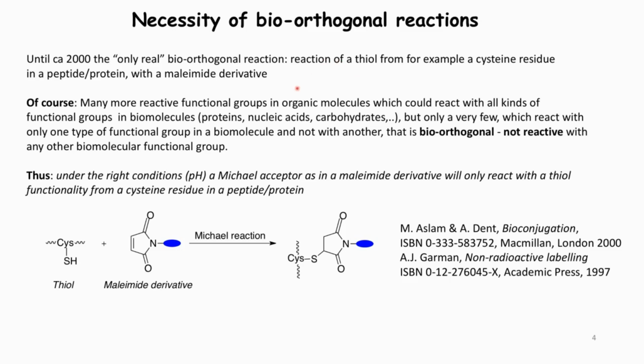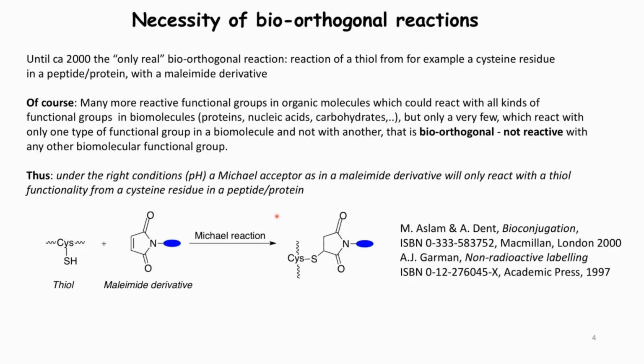And that's understandable because there are not that many cysteines in a peptide or protein, so you will have the possibility of a selective reaction if you expose your peptide or protein to maleimide derivatives, and there are many of them. And so under the right conditions, that means pH, this cysteine thiol will react with the maleimide. If the pH is too high, then even lysines of a peptide and protein will react. And this was really a reaction which has been used thousands of times. And it really has been a versatile reaction, but has some disadvantages as well.